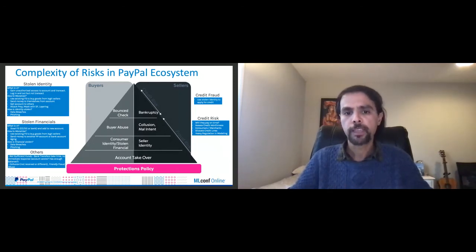and then a fake PayPal account could be created to leverage those stolen instruments. We also have other kinds of fraud patterns that could evolve in the ACH domain, such as lack of sufficiency of funds. This also happens because bank transfers can typically take some time. And during this time, we may not have upfront information on what's the latest account balance of the transacting customer. And so it's possible that at the time of transaction, the customer doesn't have enough money to actually support the transaction that they're trying to make. We also have collusion fraud, where potentially buyers and sellers could collude with each other to actually cause fraudulent patterns.